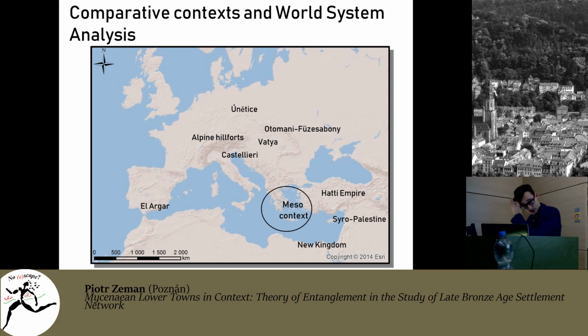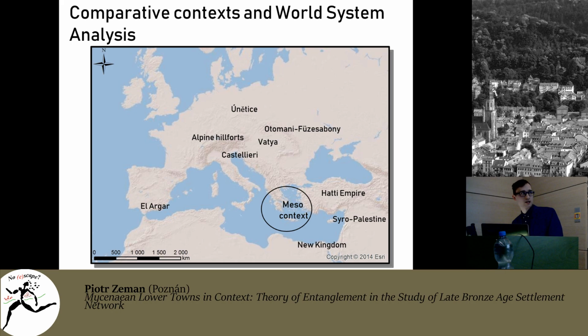So the first, the meso context, we would need to join all the entanglements of each lower town which were previously created, and then add to them the first comparative context with Crete and Western Anatolia, where we can find a Mycenaean settlement whose urbanized character does not originate from the Mycenaean culture, but from older traditions. Like Knossos is urbanized not because of Mycenaeans, but because of older Minoan traditions. And the same, Miletus in Western Anatolia is urbanized because of earlier Anatolian traditions, not because Mycenaeans came and created an urban context. But still, it should be used and compared with the lower towns,